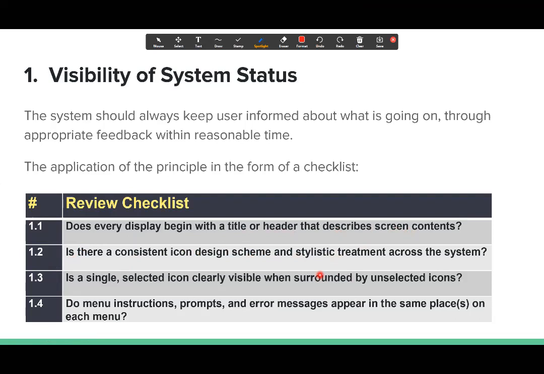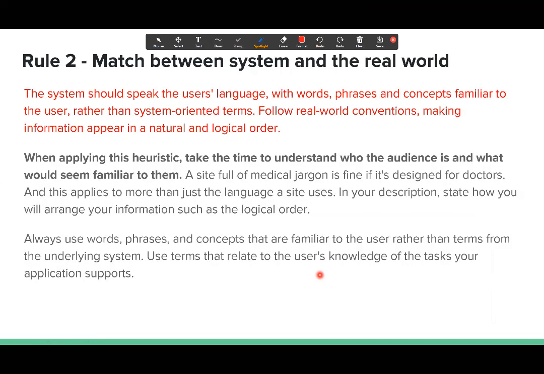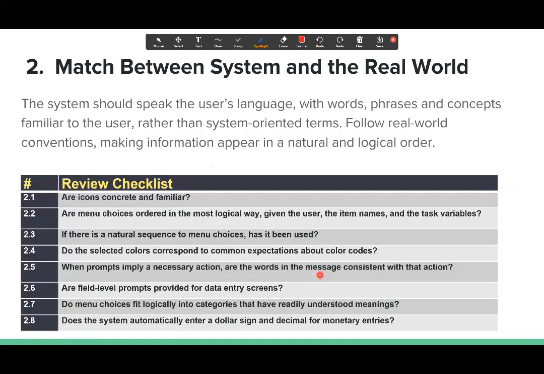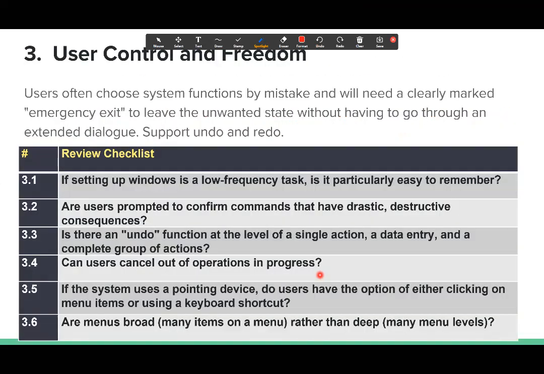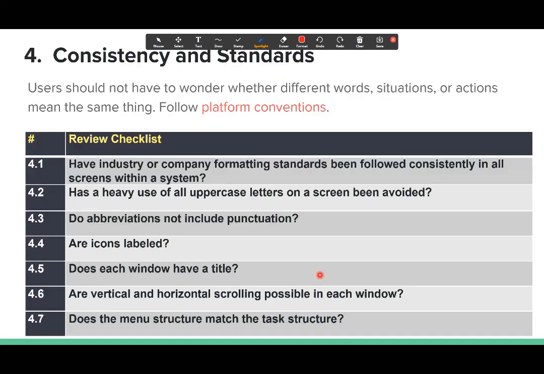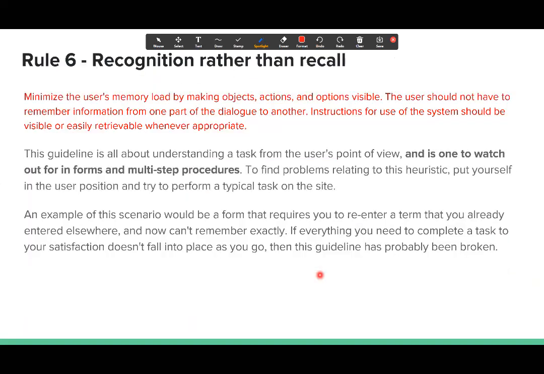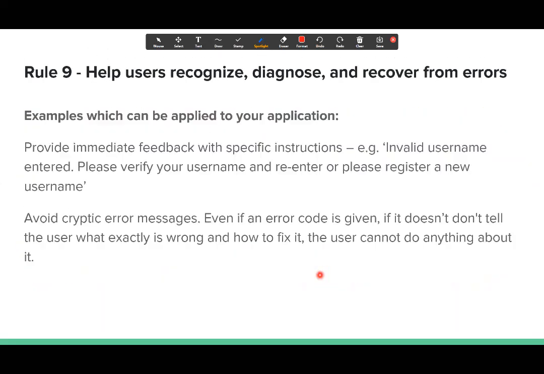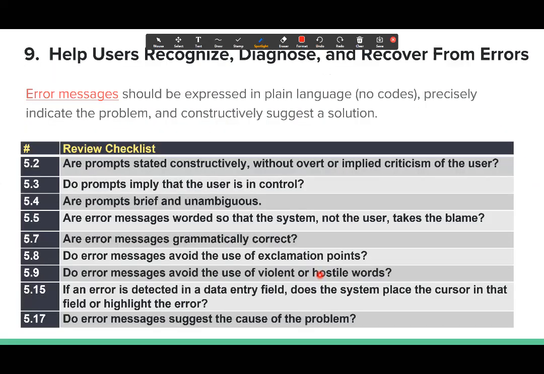So what you will see is that for every one of the 10 principles, I have given you a checklist. So every one of Nielsen's principles, you'll see a checklist. So principle 3, principle 4, there's a checklist. Principle 5, there's a checklist. Principle 6, principle 7, 8, 9, etc. Why do we need these? So this is the design chapter.